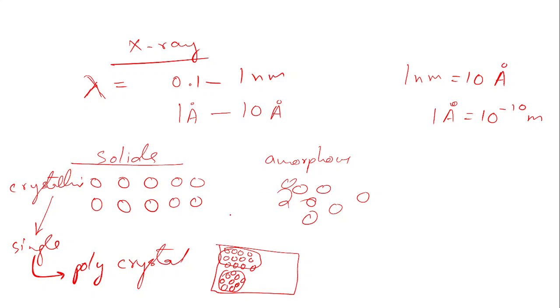Now coming back to the question of why we are choosing this particular one, because the electromagnetic wave spectrum is very long, from a few angstrom to a very large wavelength of radio waves and all. So why do we choose X-ray? Because